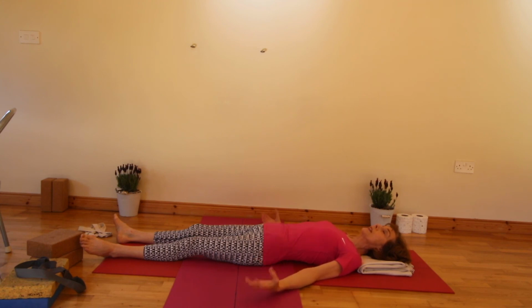So Shavasana is time that we allow the body to take to recover, to replenish. So you can stay in Shavasana as long as you feel that you want to, letting the breath allow the body to recover, rejuvenate itself. Each time you breathe in, you're breathing in that sense of well-being, sense of ease into the body. As you breathe out, it's softening, releasing, letting go. So be in Shavasana,